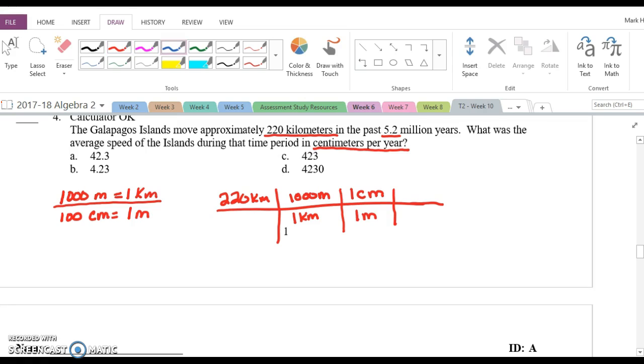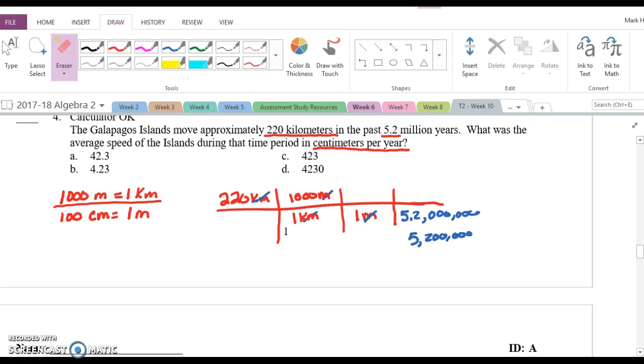And so to get this into centimeters per year, we'll start canceling our units. Kilometers cancel, meters cancel. Now I've got centimeters. To get years in the bottom, we'll say 5.2, and then this is really 5 million with 200,000. And so now we'll divide everything and multiply everything out with one key error that I've just